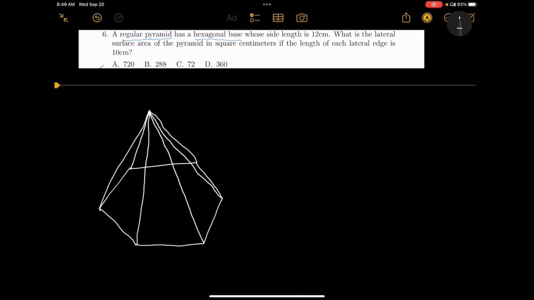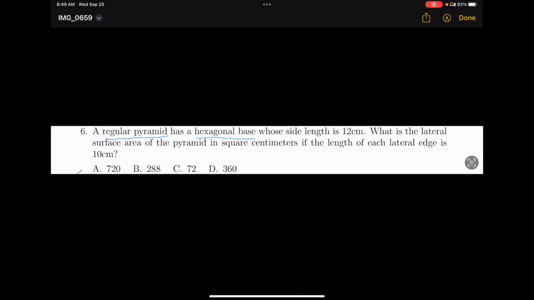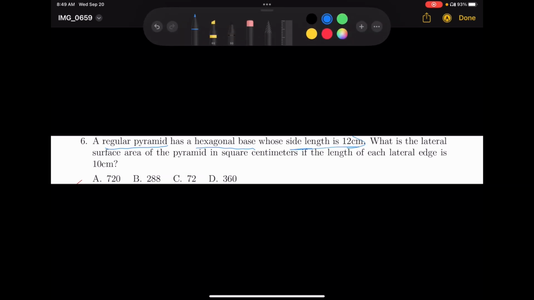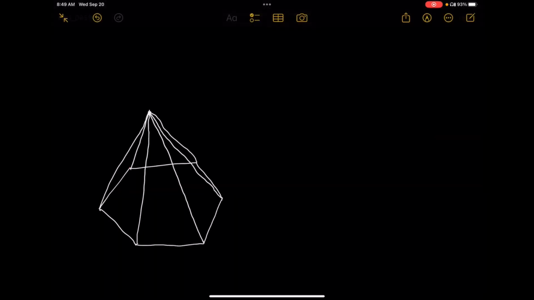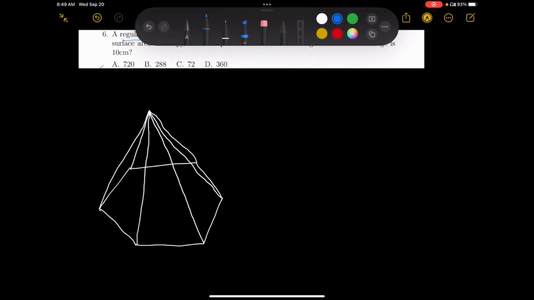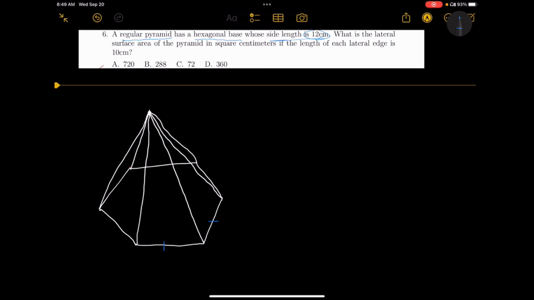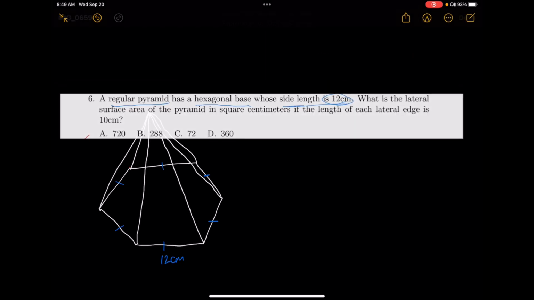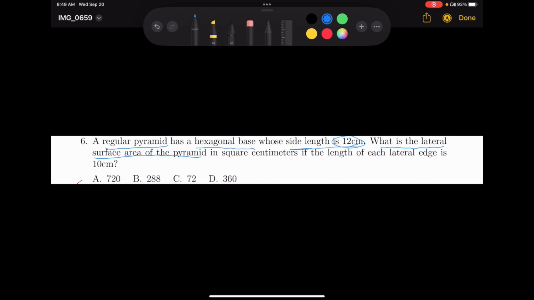Okay, now this is a regular pyramid with a hexagonal base, whose side length is 12 centimeters. Since it's regular, each side is equal, so all of them are 12 centimeters. Okay, the base side length. Now what is the lateral surface area of the pyramid in square centimeters if the length of each lateral edge